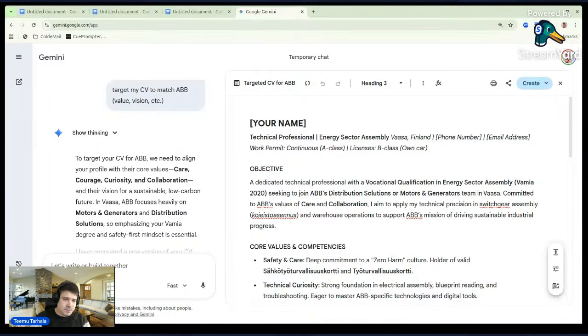I have a couple more CVs I'm going to rebuild for next week. Just to remind everybody, in the WhatsApp group you can always send me CVs and I'll take them in order and review them. I target them to the field you want, and then you also need to have a job you are going to apply to. There I will create the Finnish version also, which you can use directly for applying to jobs.